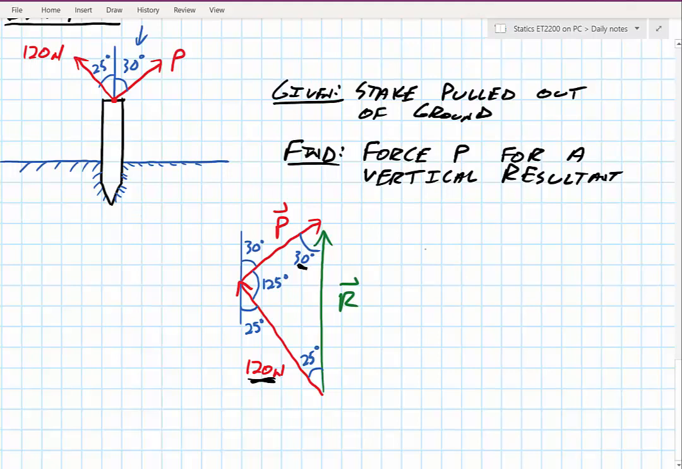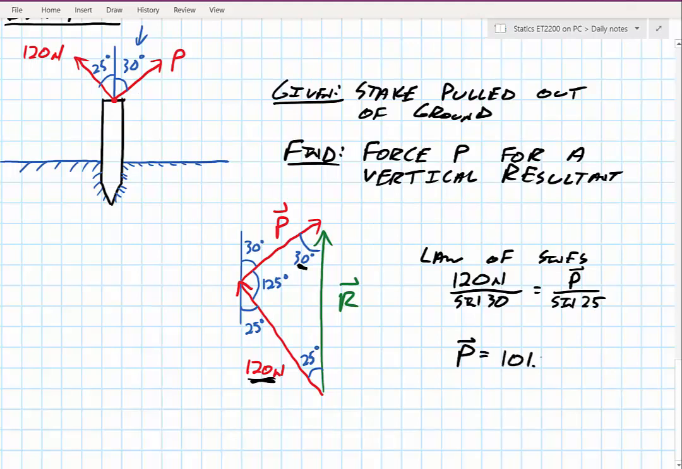So using the law of sines, what I can say is the magnitude of one side, which is 120 newtons, over the sine of the opposite angle to that, which is 30 degrees, must be equal to whatever I'm looking for. In this case, I said I'm looking for what force P is needed, P over the sine of the angle opposite to that, which is 25 degrees. Punch that into your fancy dancy calculator, and I get a total load of 101.4